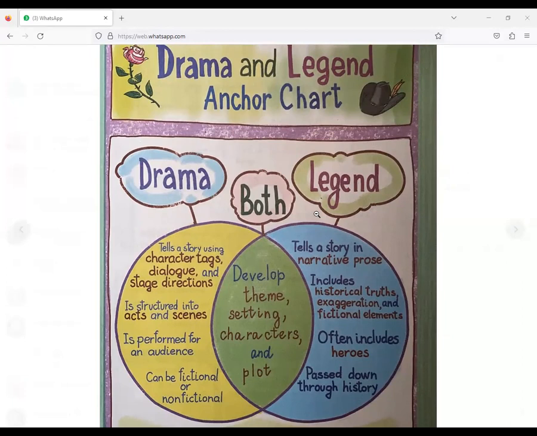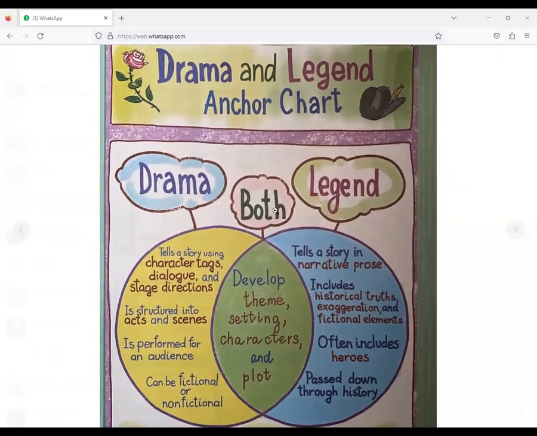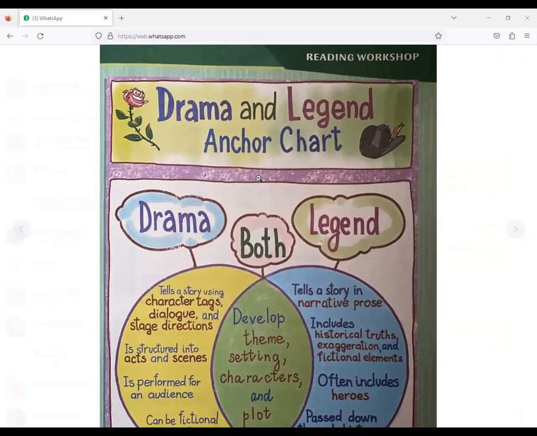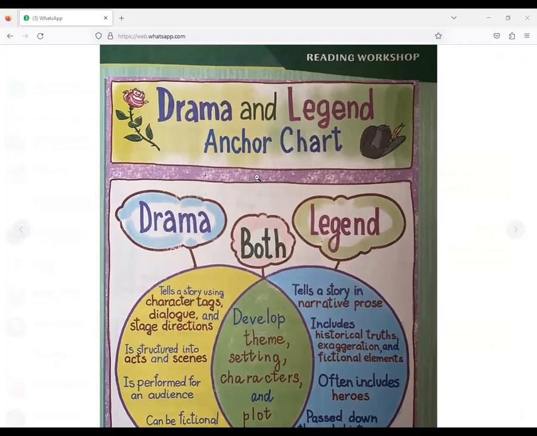For example, we have classical drama. It means drama in the past. We call it classical drama. We have also modern drama. We have Elizabethan drama. It means at the time of Queen Elizabeth. So drama, as I told you, is a play for the theater, television or radio.